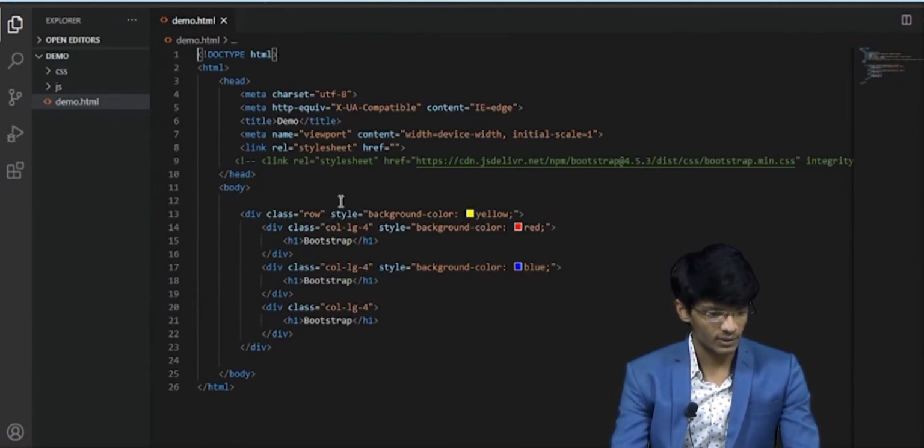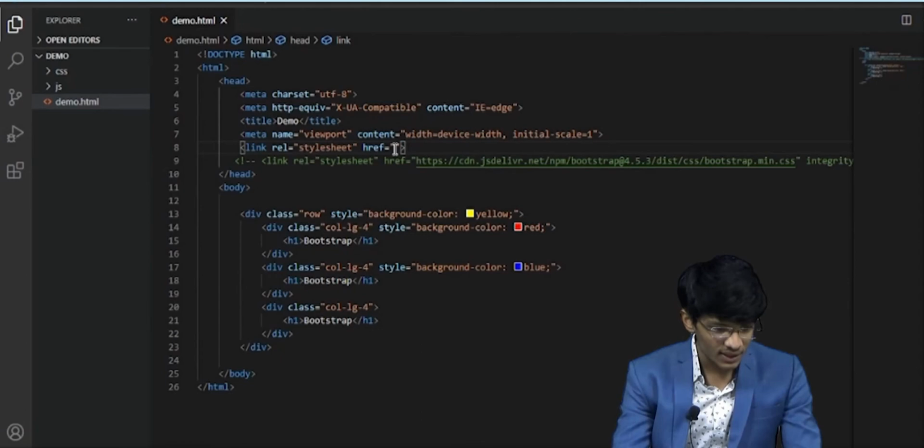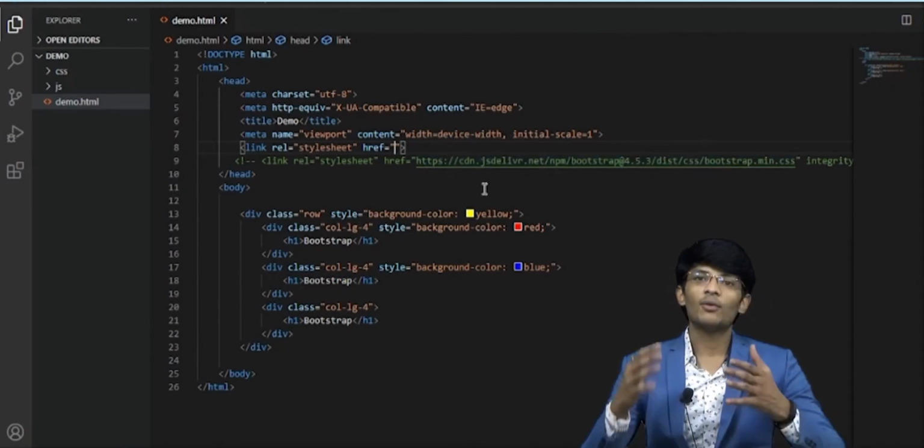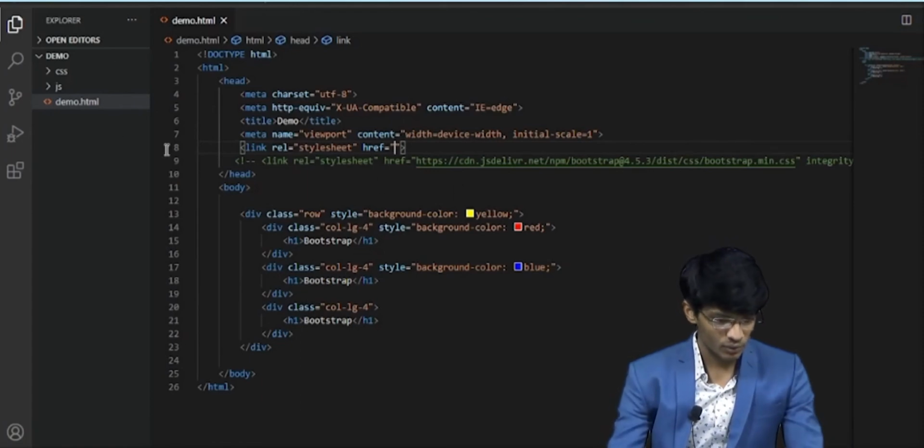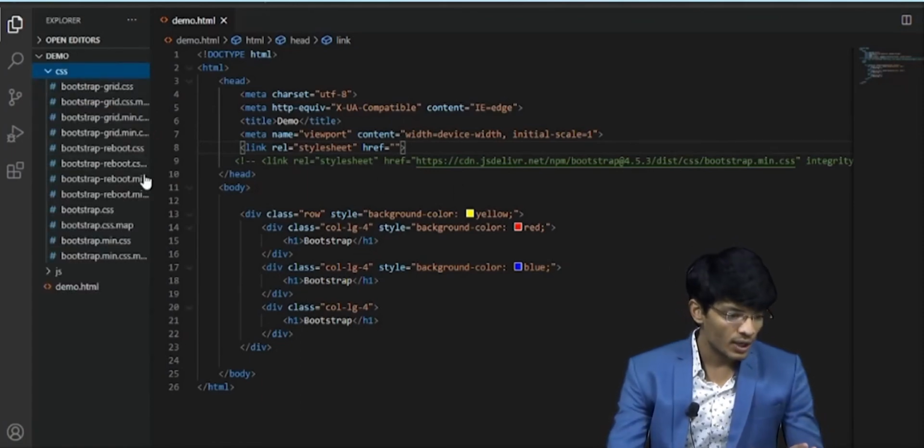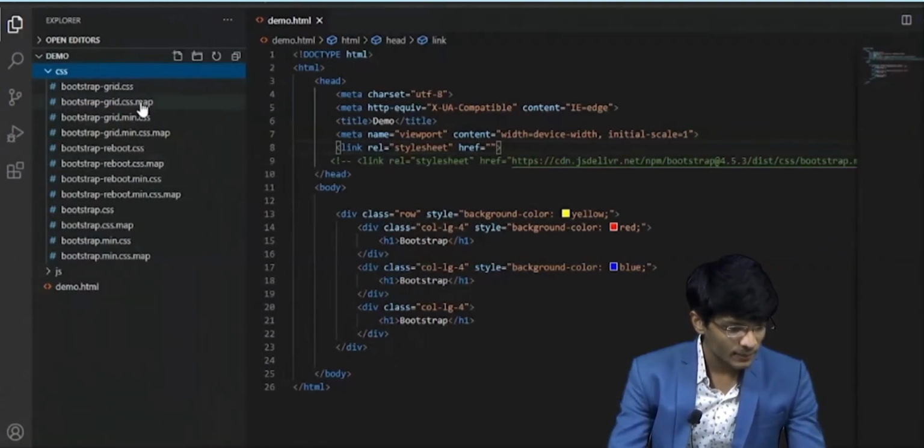In this we'll take our demo file and link the style sheet. As you can see, this is the link tag, and we have to give the path.